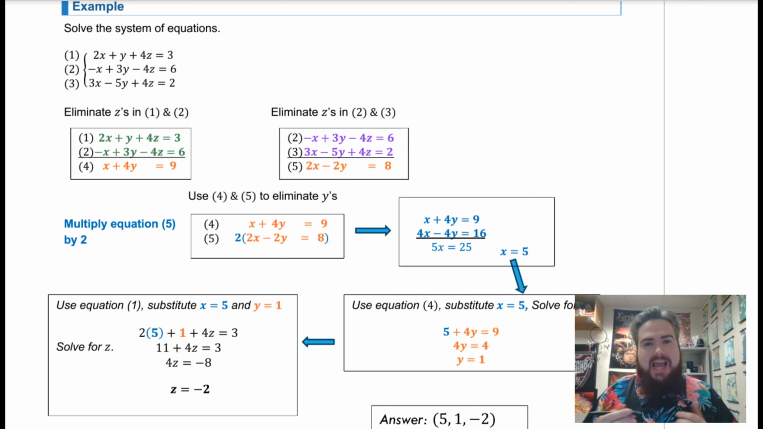If we do so, the x terms combine, minus x plus 3x creates 2x. The y terms combine, 3y minus 5y gives you minus 2y. And lastly, the constant terms again combine, 6 and 2 make a total of 8. With these two new equations, which we will label as equations 4 and 5, we can then combine those two